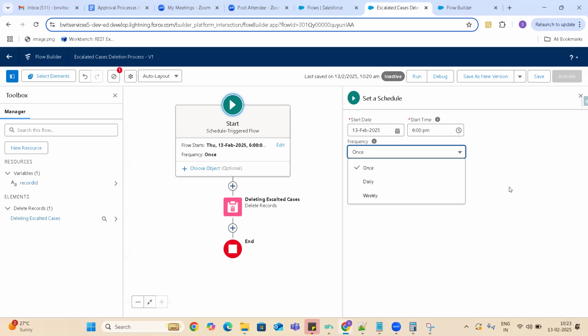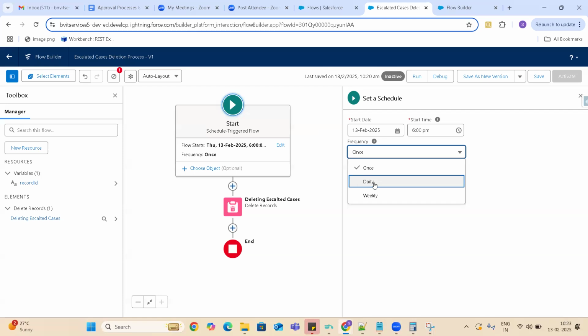In such a scenario, we will use daily. Daily, this job will run. It will get the records where the case status equals escalated, and then we check the condition, whether that list is empty or not. In case the list is empty, we will not do anything. In case the list is not empty, we will send the notification. That is the daily scenario, guys.